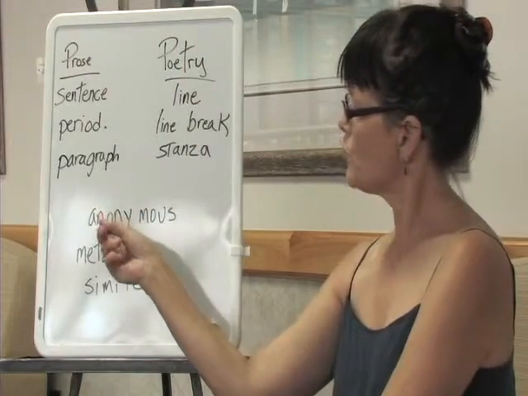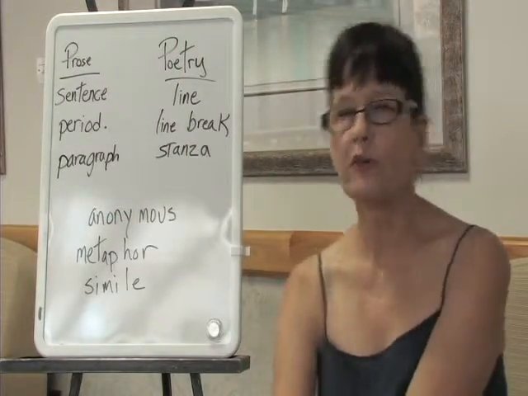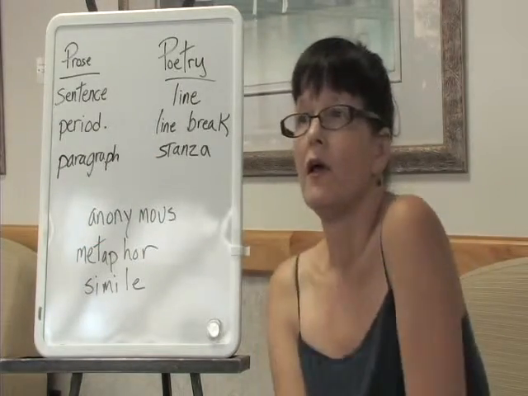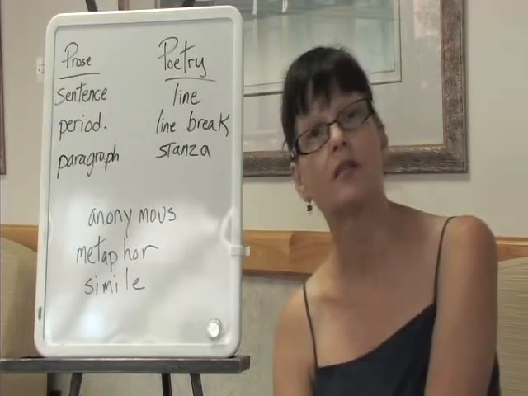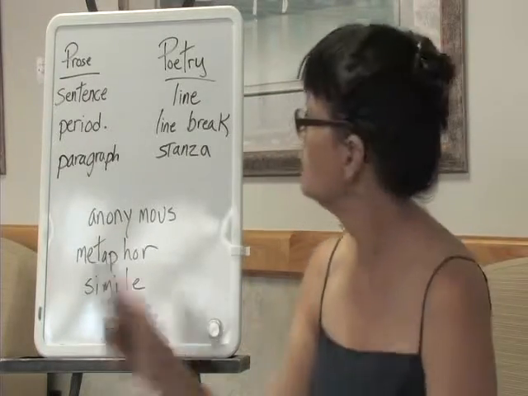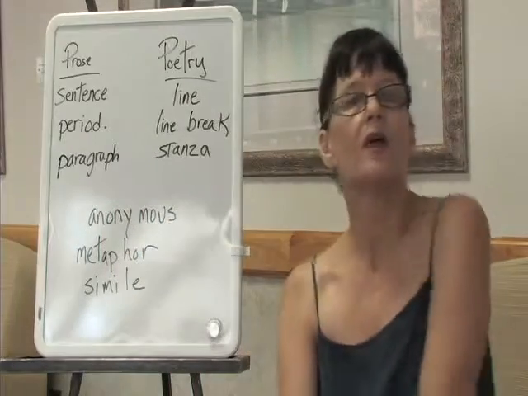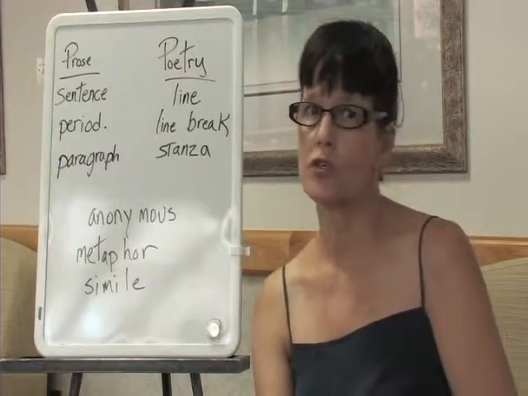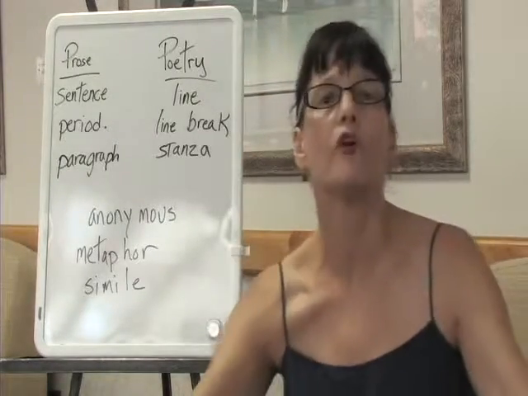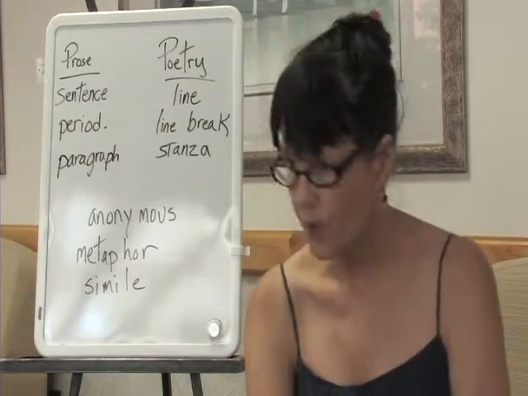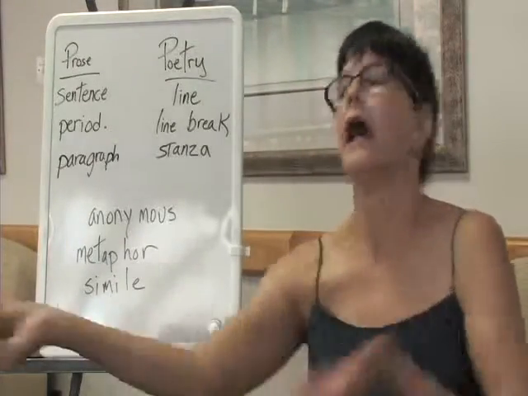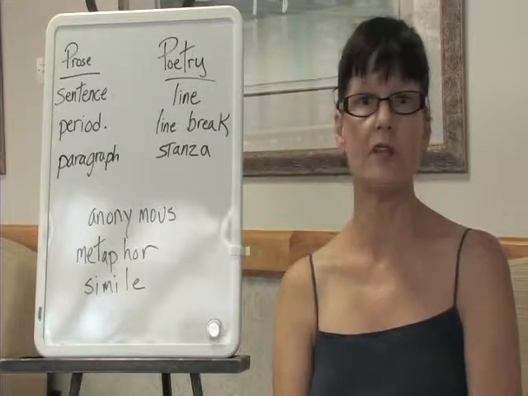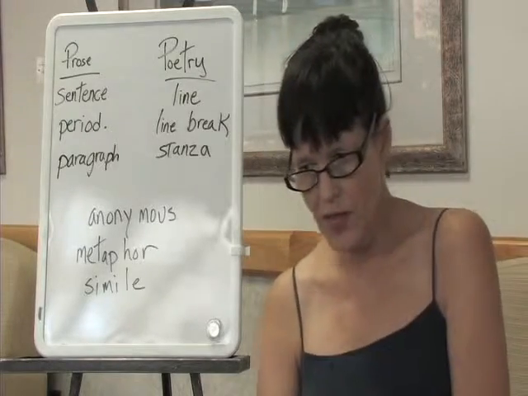And then the next word, anonymous. The Greek word for name is onoma. When you put an "an" in front of something, like anaerobic, which means without oxygen, the "an" means without. So anonymous means without a name. And I use this because when students aren't quite ready to get up and perform their work out loud to their peers, I have an anonymous pile. I collect the poems, I read them. I don't look at the student, I don't say their name, I don't point at them,